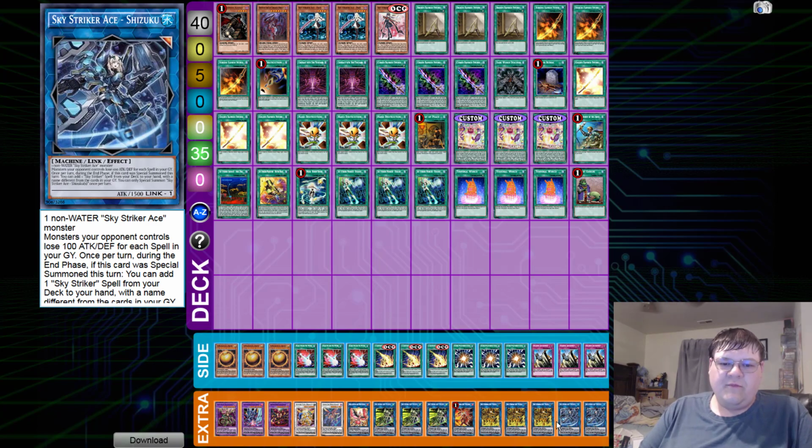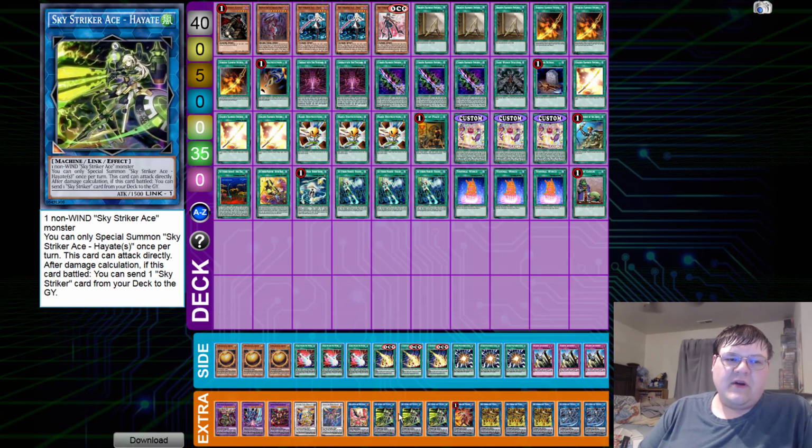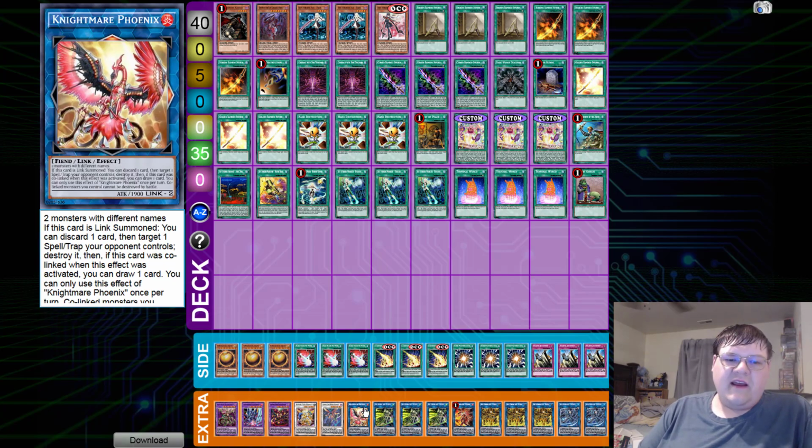triple copies of Kaina, because you're going to want to stall your opponent out. Definitely 3 of this is pretty much needed, because if your plan starts to fall apart, you're not going to have fun. Then we have 1 copy of Kagari, triple copies of Hayate, and 1 Phoenix, and then the Power